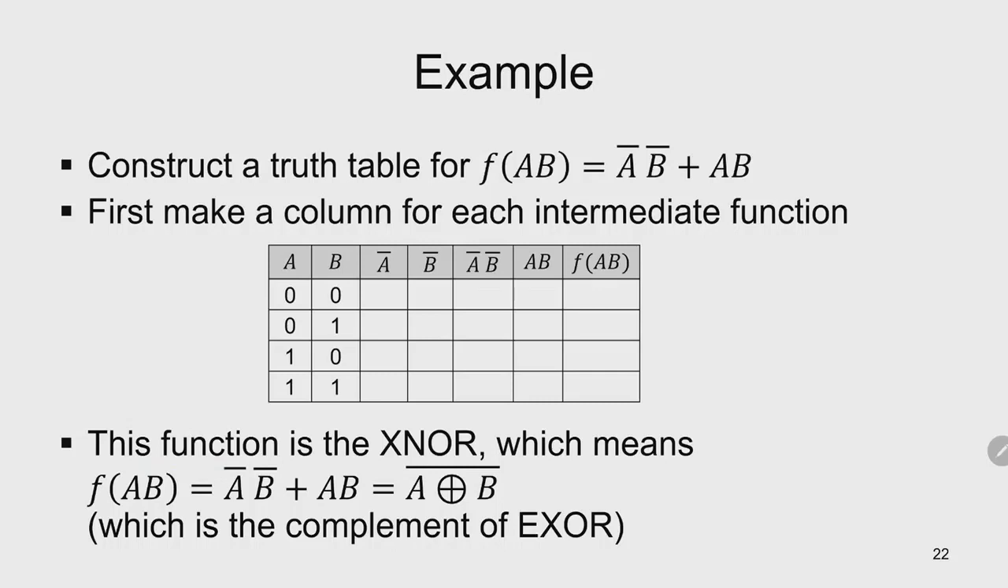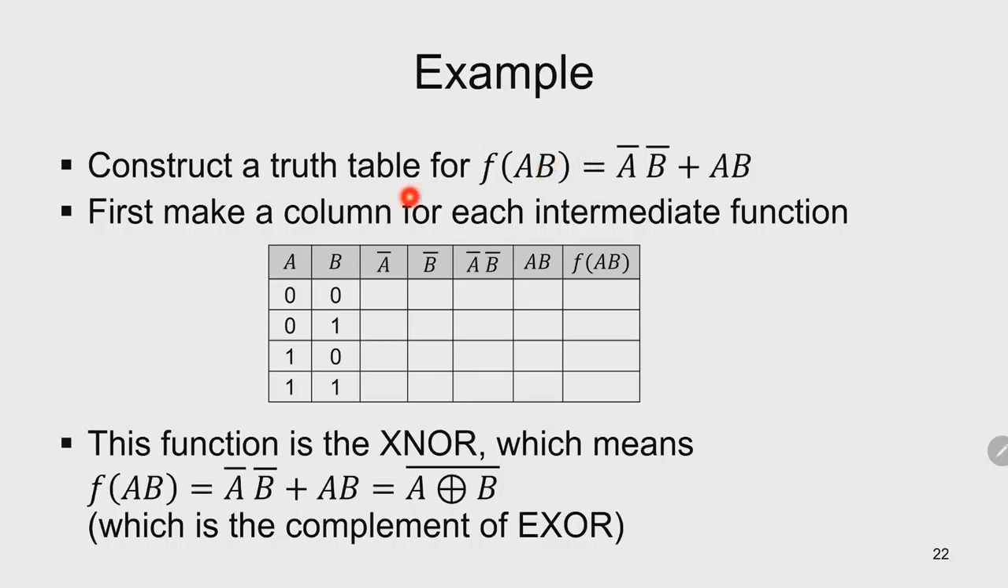Okay, here's an example of how we can construct a truth table. Here we have a Boolean function: not A and with not B, or with A and B. If I want to work out the truth table of this combined Boolean expression, or combined logic,